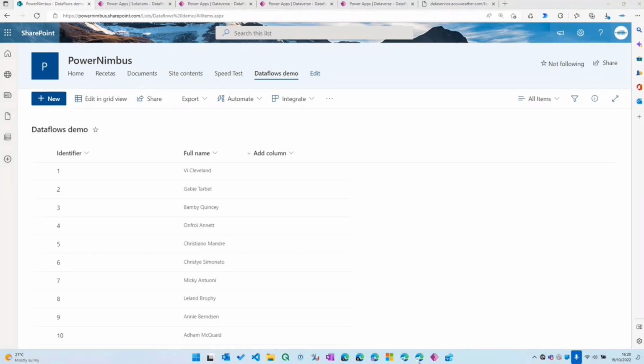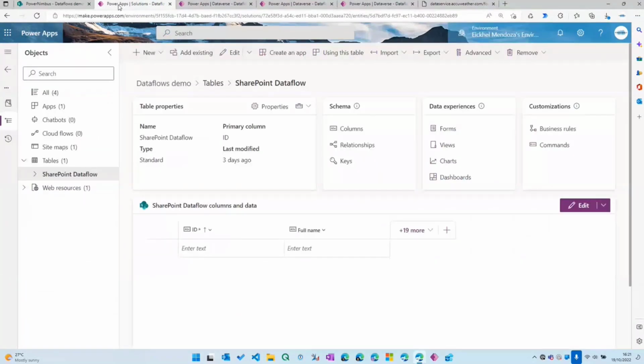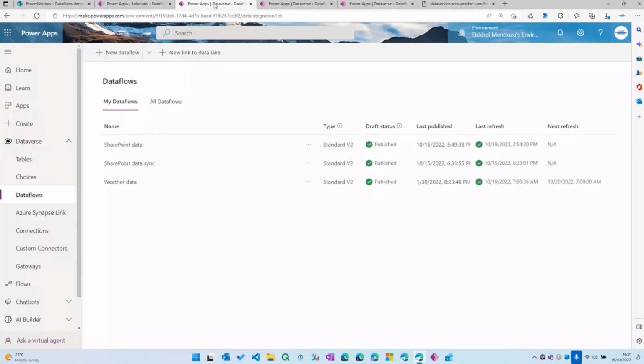So to prepare this demo, so I can show you how it works, I prepared a simple SharePoint list with 10 persons here that you see, all random people with some identifier, just a number and the full name. Okay, so wrong link. Okay,